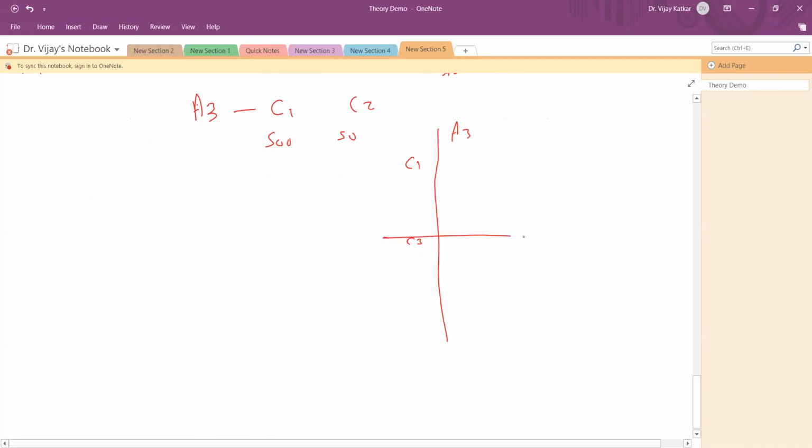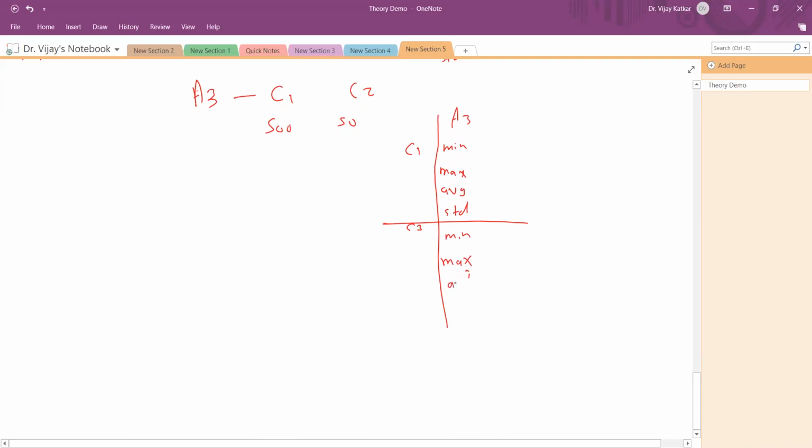Now, if we calculate minimum, maximum, average, and standard deviation, something like this, and again minimum, maximum, average, and standard deviation. Let's say for C1 the minimum value is 5, maximum is 70.